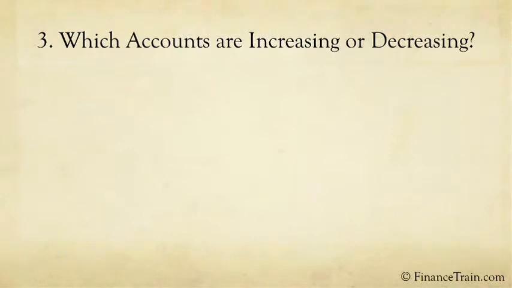Once we know which accounts are affected, we need to now determine which accounts are increasing and which ones are decreasing. Most transactions benefit or increase the business's resources in one area and create a disadvantage or decrease business's resources in another area. However, a transaction does not always cause this effect. A transaction may result in just increases or just decreases. The three possible results are listed below.